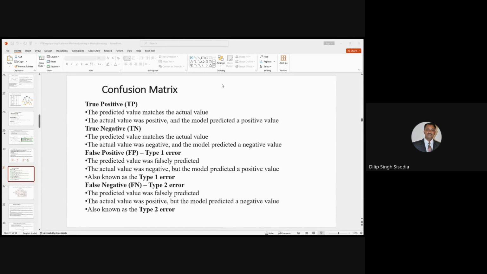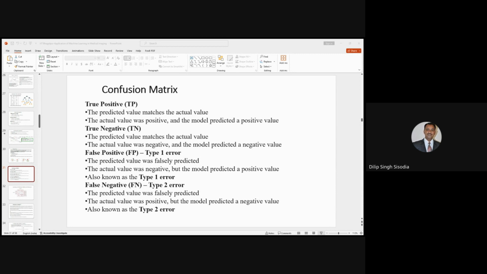different types of measures, like precision. Precision is how many true positives there are out of the total predicted positives. So TP upon TP plus FP. Similarly, recall: how many actual positives are found with respect to the total number of positives. So TP upon TP plus FN. This recall is also known as sensitivity. Precision is known as PPV, positive predictive value. This sensitivity is known as recall, as well as sensitivity, as well as TPR,